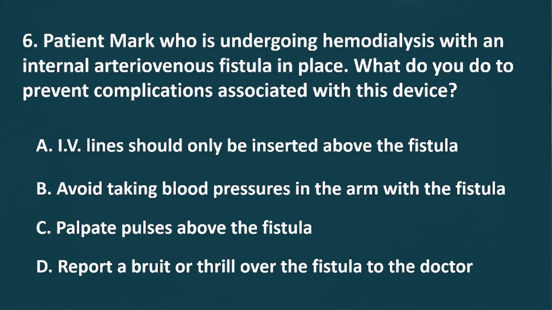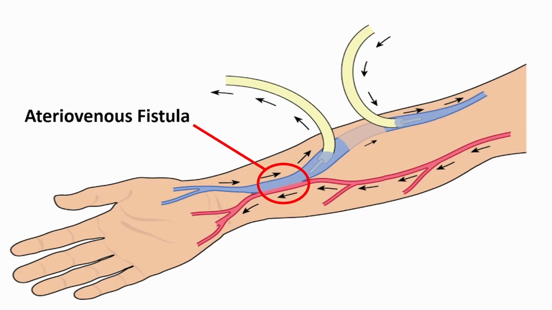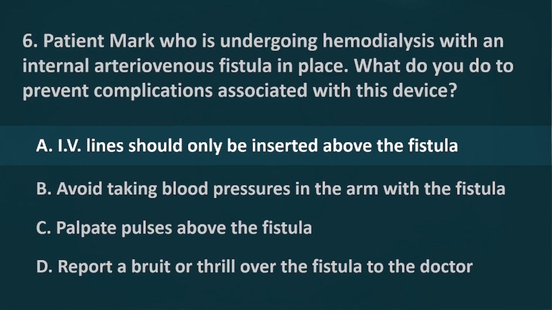Let's apply the process of elimination. An arteriovenous fistula, also known as AV fistula, is a connection that's made between an artery and a vein to facilitate proper blood flow required for hemodialysis. IV lines shouldn't be inserted in the arm used for hemodialysis. Untreated veins cannot withstand repeated needle insertions because they would collapse under strong suction from the hemodialysis machine, making option